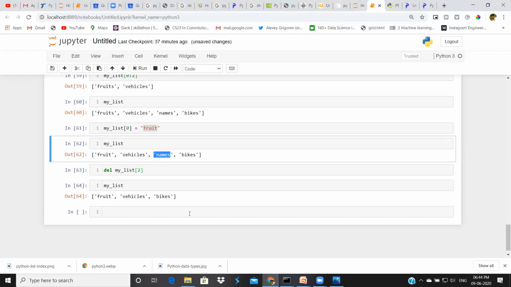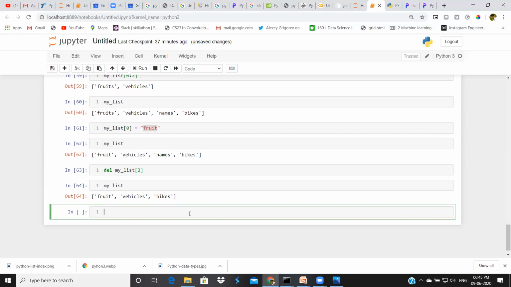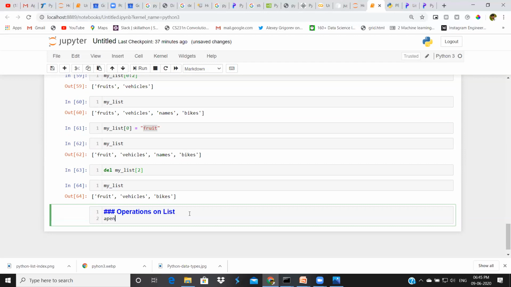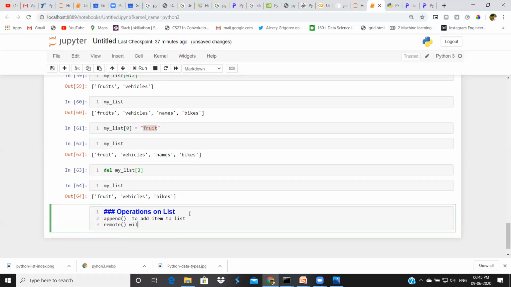These are the basic methods which will work on a list. I'll note them down here. Append is used to add an item to the list. The remove method will remove an item from the list.